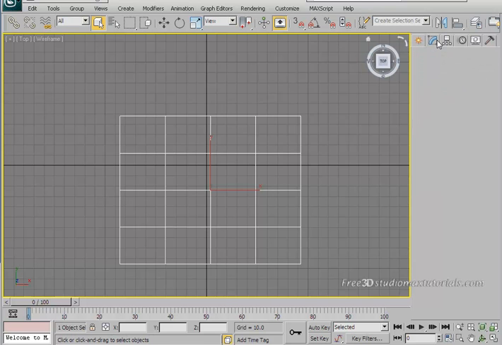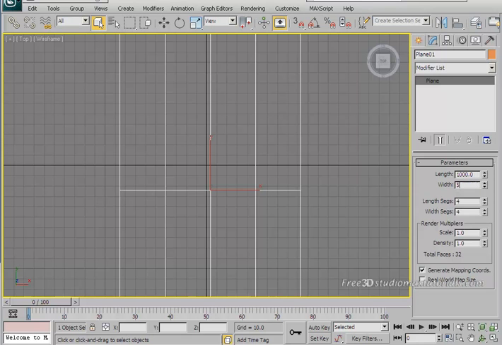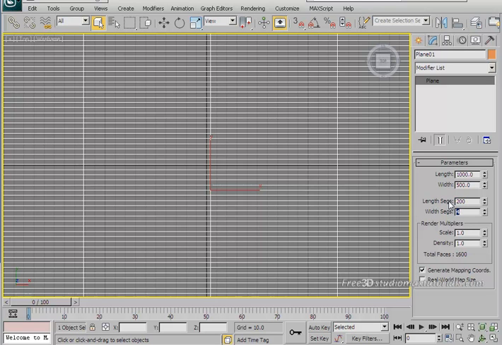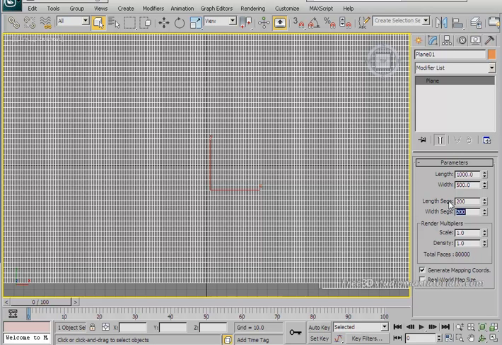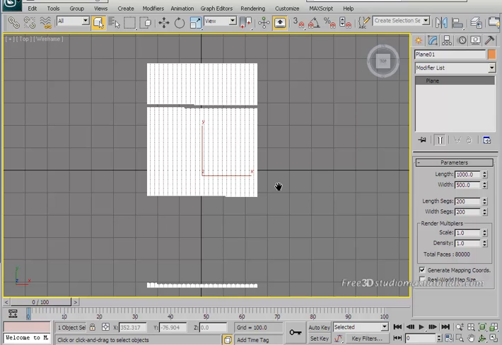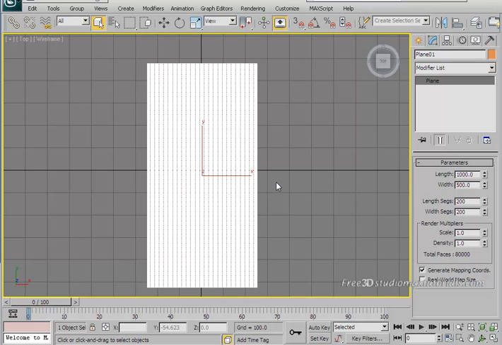With the plane selected, go to the modify panel. Now I will set the parameters of the plane. In the length field, just type 1000 and hit enter. In the width, just type 500 and hit enter. Set the length segments to something like 200 and hit enter. Set the width segments also to 200 and hit enter. So hit Z on your keyboard to completely view the plane. As you can see, our plane has lots of geometrical detail and that's what we want, because we need a dense mesh of something like 80,000 faces, because we are going to deform it with the displace